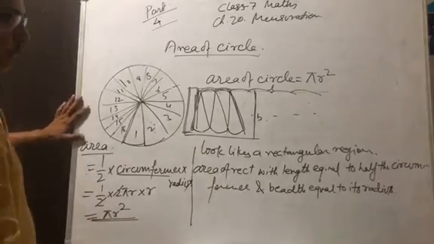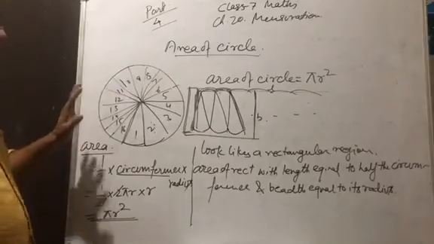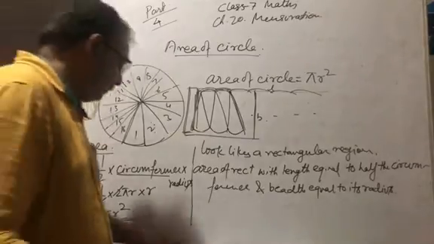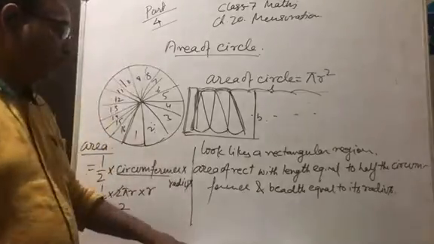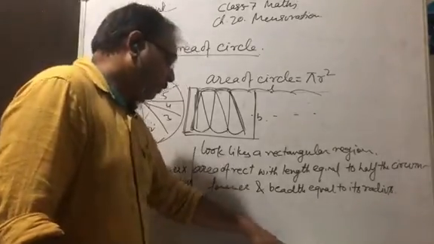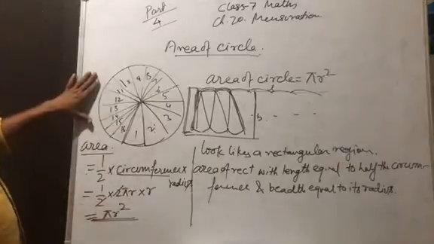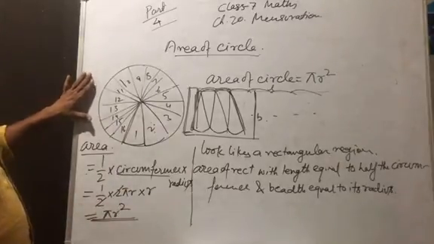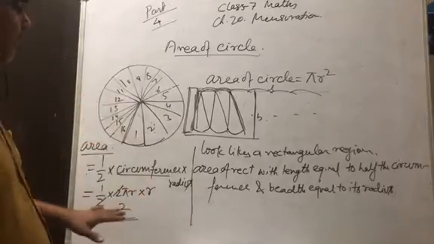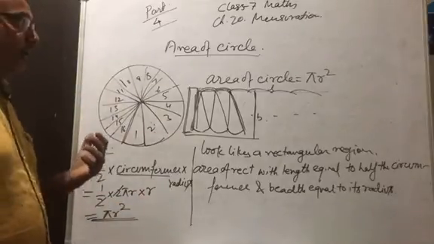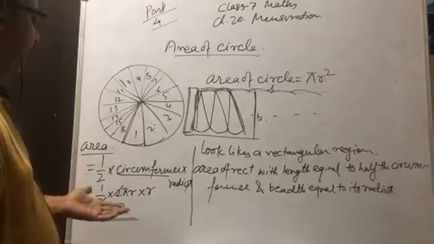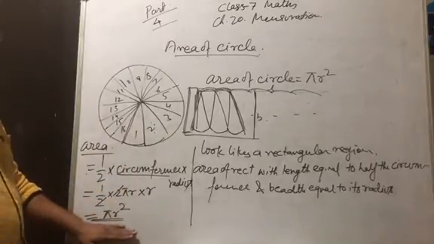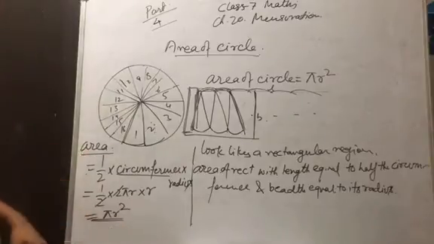This is basically a derivation for this formula. If you are finding any confusion related to this experiment, it is given on page numbers 248 and 249. You can ask in class to clear this, because this is just an activity and sometimes the question arises how we derive the formula for the area of a circle.